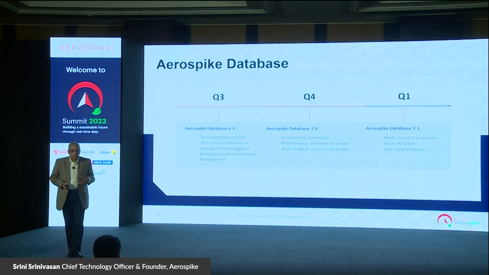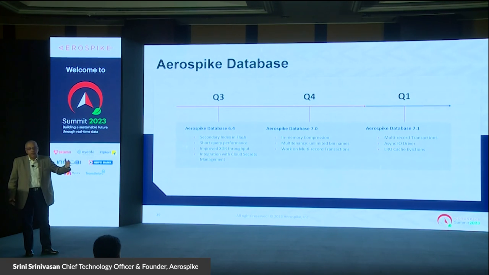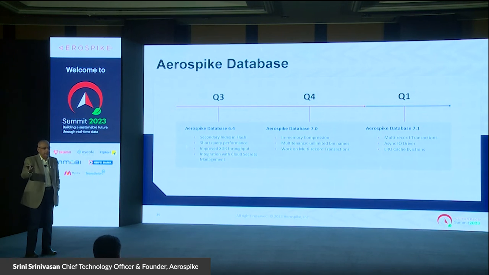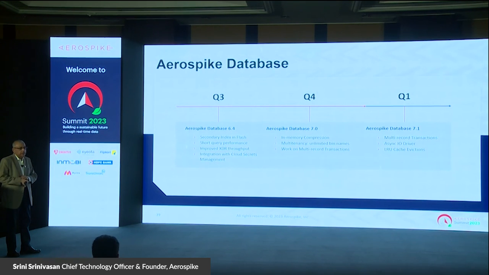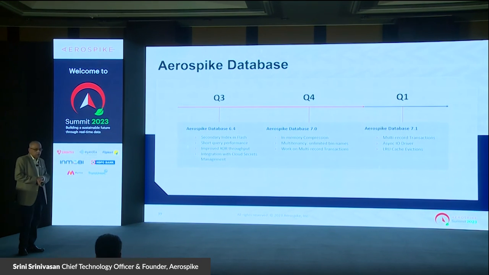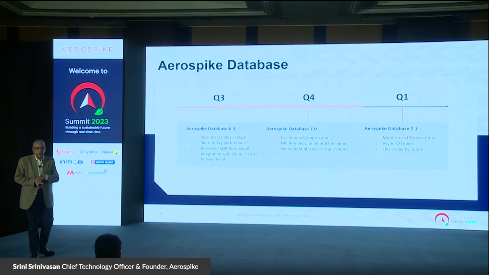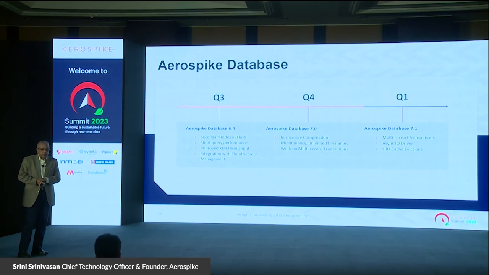Now let's get to what's actually happening this year. We were originally supposed to have this a few months ago, so this is a roadmap which goes up to Q1 of next year. We will revise it again in a few months, and you will see that also. This is the core database, which is the foundation of everything that we have done. And as I pointed out, the 6.x series of releases completed with 6.4. Essentially, the secondary index support in Flash was the last piece that was added. We also added some improvements in query performance for small amounts of data returns, what we call short queries, but also improved XDR throughput in various situations, and integration with cloud secrets management.